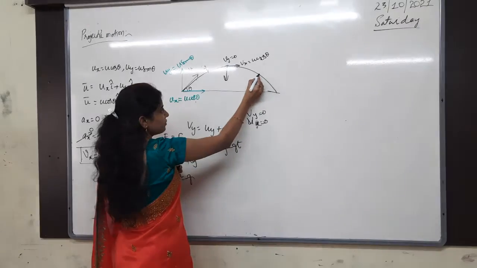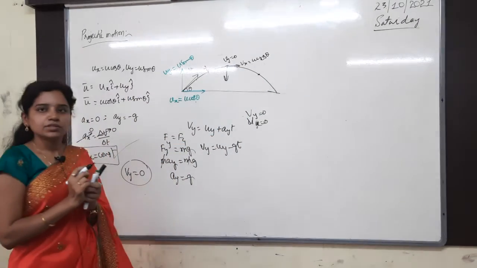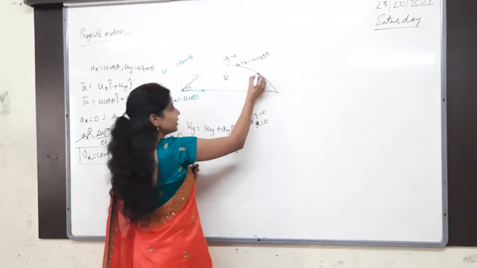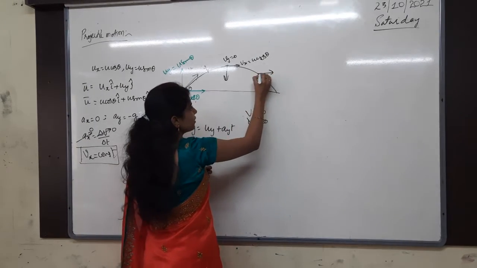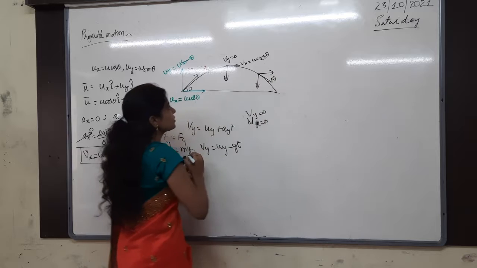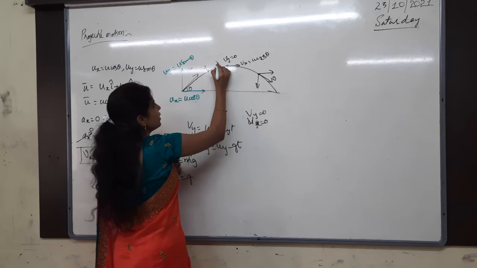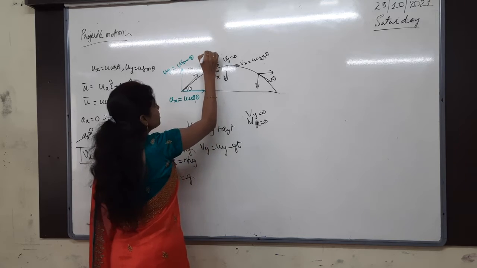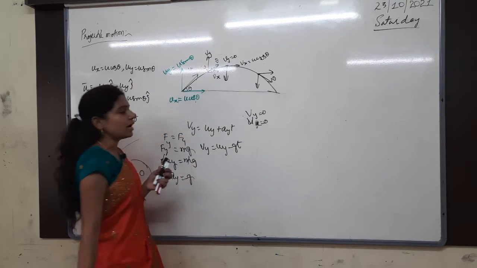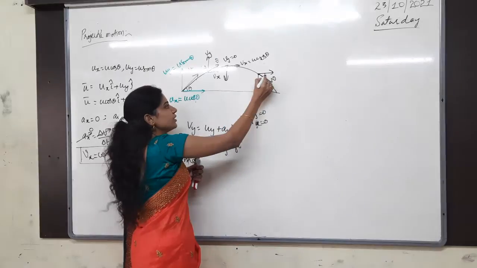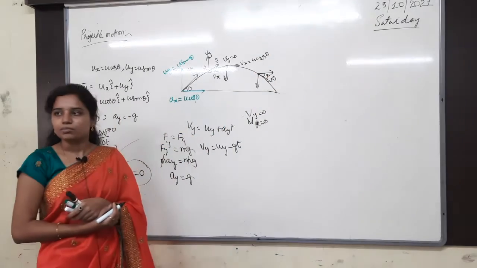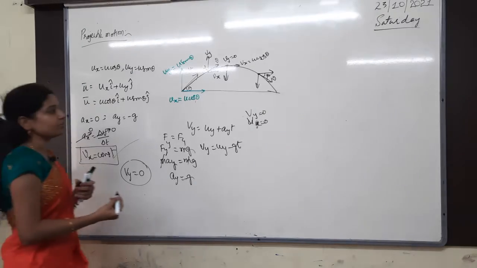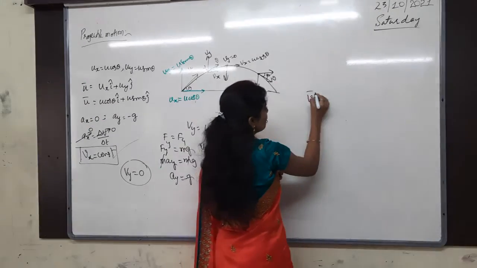At this point, which velocities are there? U cos theta and Vy also. Vy is also there, but in which direction? Downward direction. Here the net velocity will be there like this, and then the horizontal component is Vx and the vertical component is Vy. Direction is what? Alpha. Here also you can take, that is beta. Let me take any angle that might be. Okay. And also I said the velocity after some time, V bar is equal to, what is the formula?